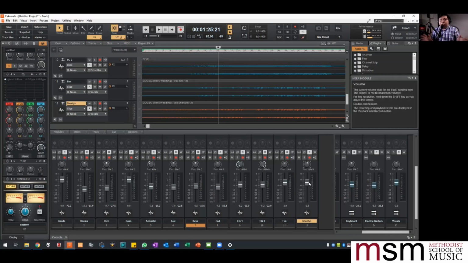And if you know this, it will influence your mix decision right here. So I have Tim and Sherilyn roughly in the center because it's not like a main worship leader and support singer. They are actually co-leading in a sense. So let's just hear how they sound